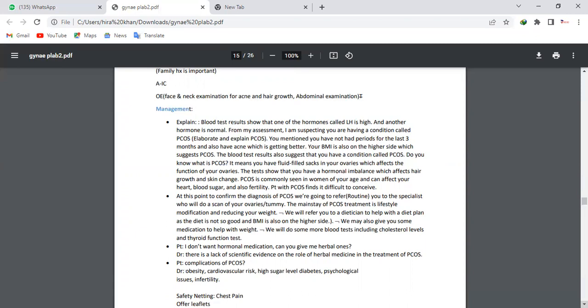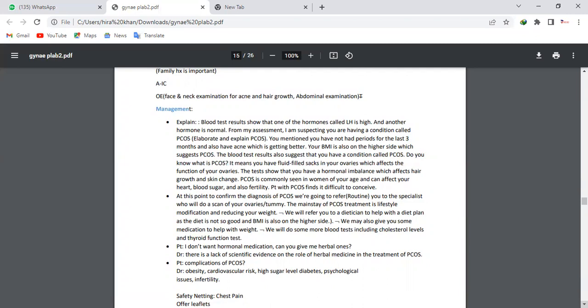Like we need to do your cholesterol levels, and also we need to check how your thyroid is working. Is that okay for you? And then mention, as I'm going to refer you to the specialist as well, what they are going to do is, after the confirmation of this, they might start you on hormonal therapy. But again, the most important thing for the management point of view is lifestyle modification.